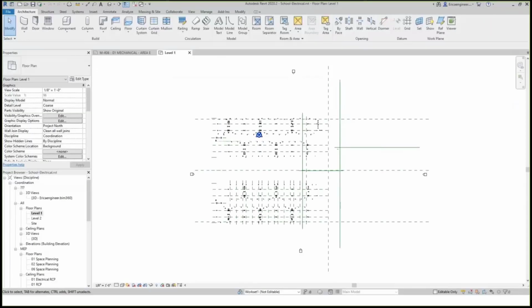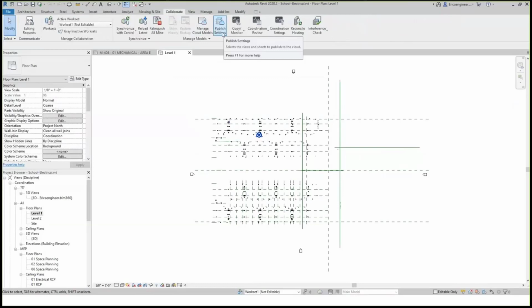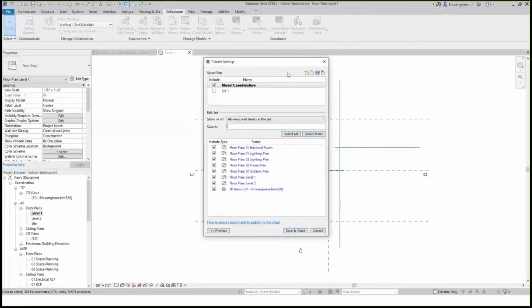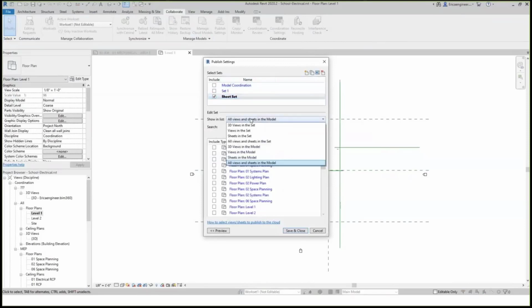Once the model is opened, you can either work on it, or you can go to the Collaborate tab and click Publish Settings. In here is where I'm going to create a published set. I'm just going to call this one Sheet Set, and I'm only going to put the sheet views in here. Make sure that you have the one you just created checked, and then you can sort by just the